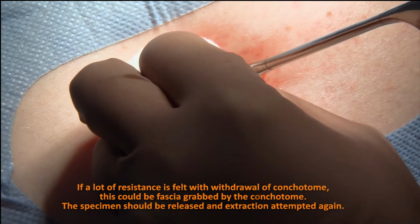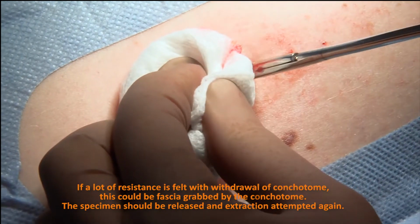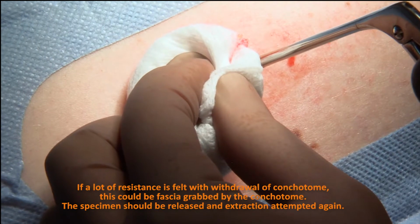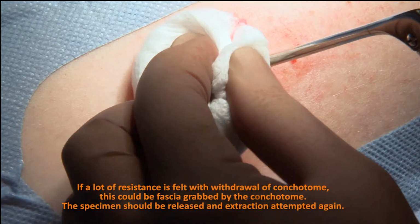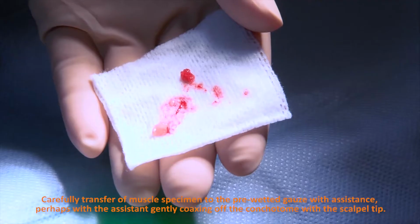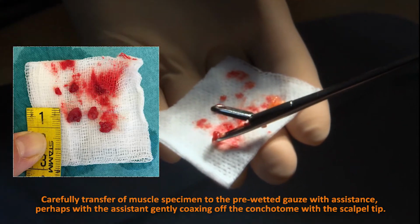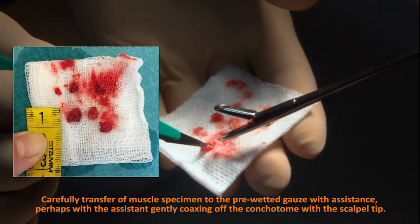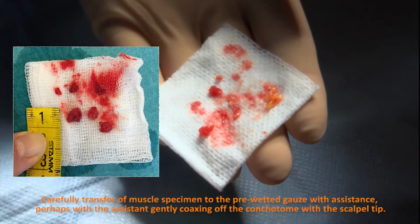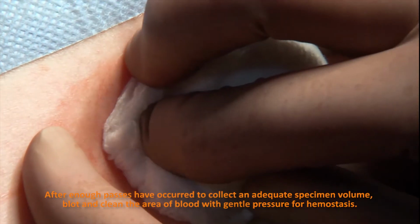If a lot of resistance is felt with withdrawal of the conchotome, this could be fascia caught on the conchotome, and the specimen should be released and extraction attempted again. Carefully transfer the muscle specimen to pre-wetted gauze with assistance, perhaps with the assistant gently coaxing it off the conchotome with a scalpel tip. After enough passes have